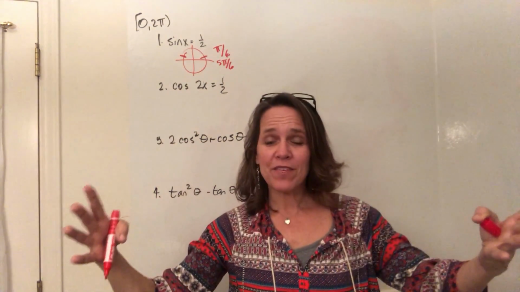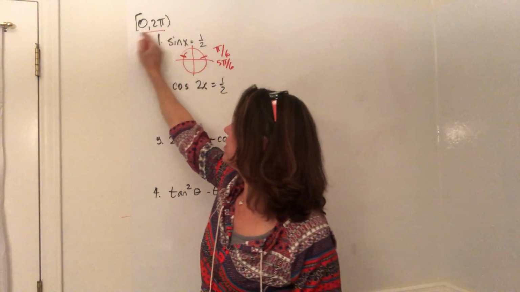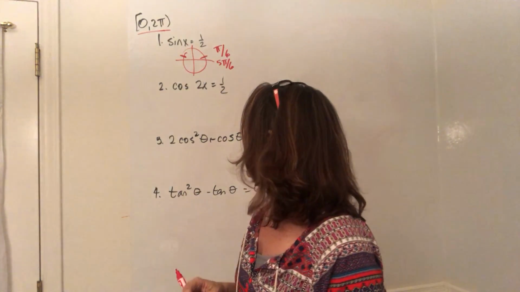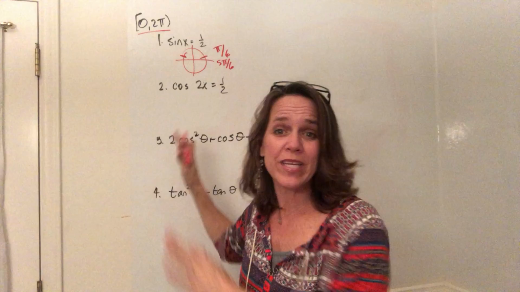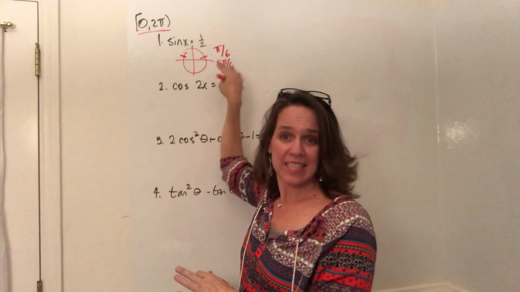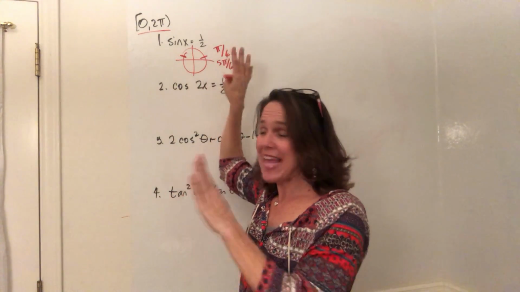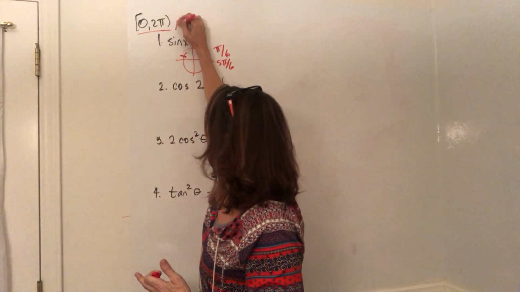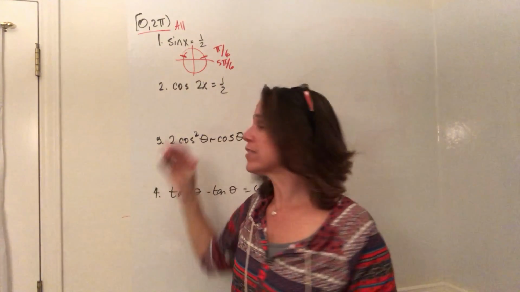Now there's a couple of different things that you might have to do. This right here says that we want our answers to be between 0 and 2 pi. And so my answer to this question truly is pi over 6 and 5 pi over 6. Okay, that's the answer. Now, had the domain, instead of this, had it said find all solutions,